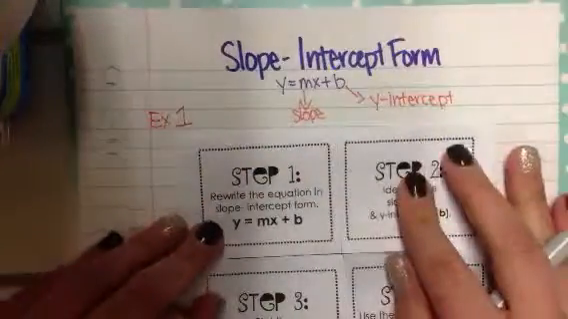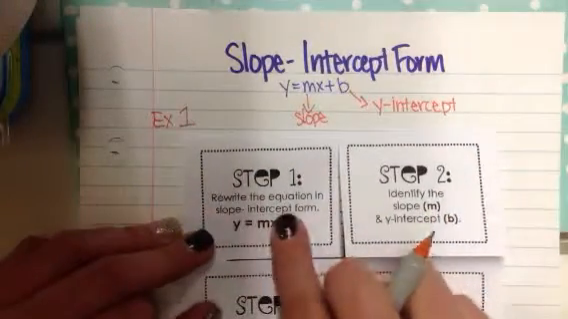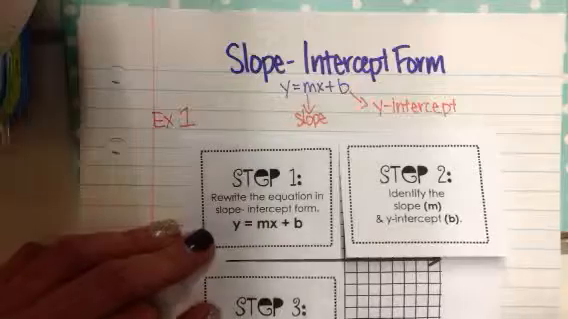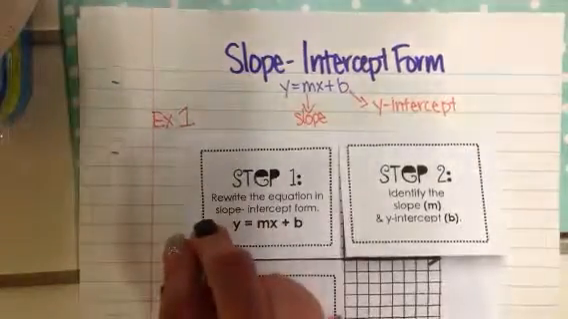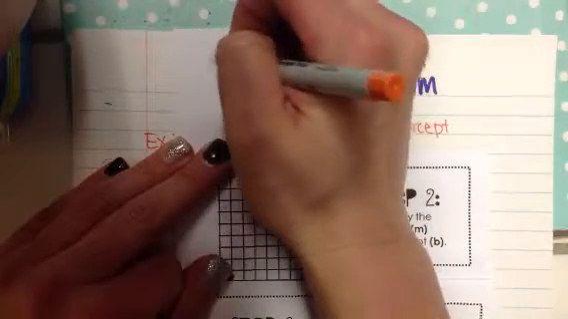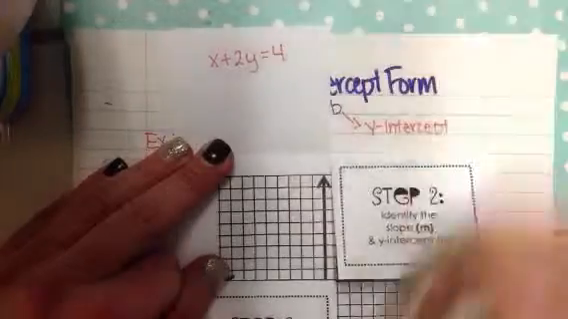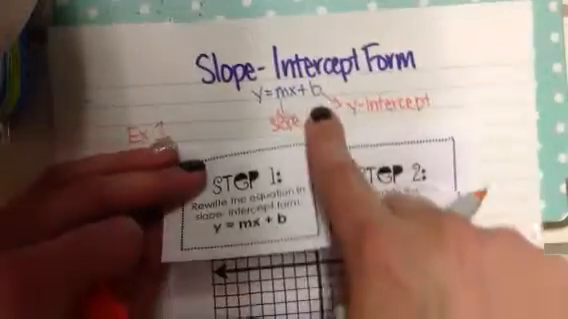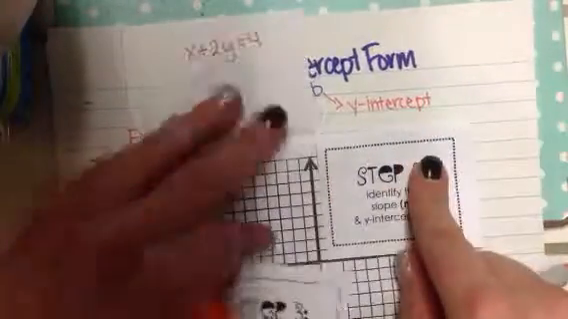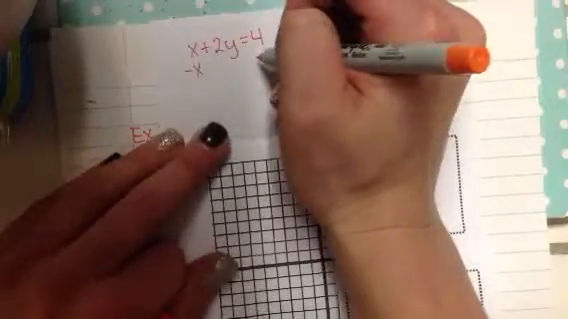Example 1 is going to be inside our foldable. Step 1 is to rewrite the equation in slope-intercept form, which is y equals mx plus b. If you open up the flap for step 1, you should already see that you have the equation x plus 2y equals 4 on your note taker. So we now need to get this equation to look like this equation. So we need to get y by itself. We're going to subtract x from both sides,